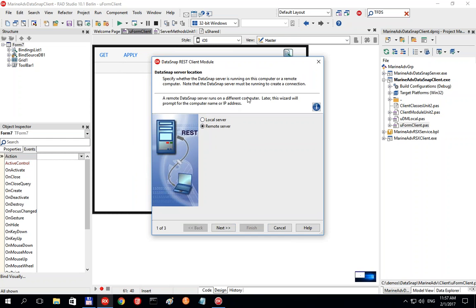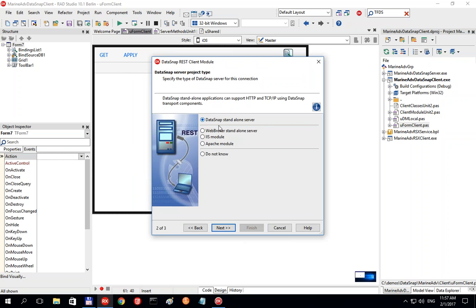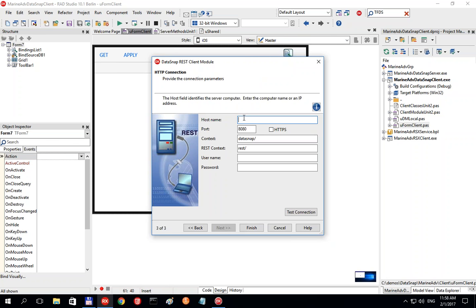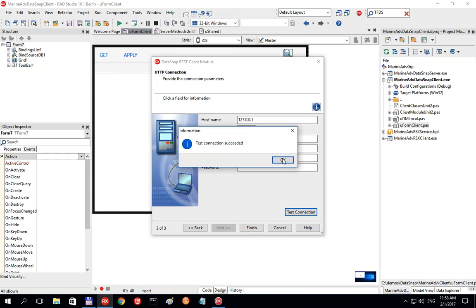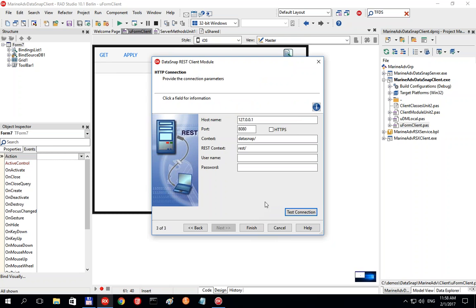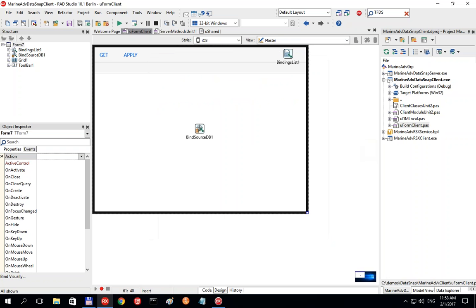So I'm just pointing this wizard to the server. I can tell the wizard what kind of server it is, but I can also specify that I don't know. And it needs to know where it is, so it needs to be running for this wizard to work. It's running locally. I can test connection, and I could click on finish, and then the wizard generates for me